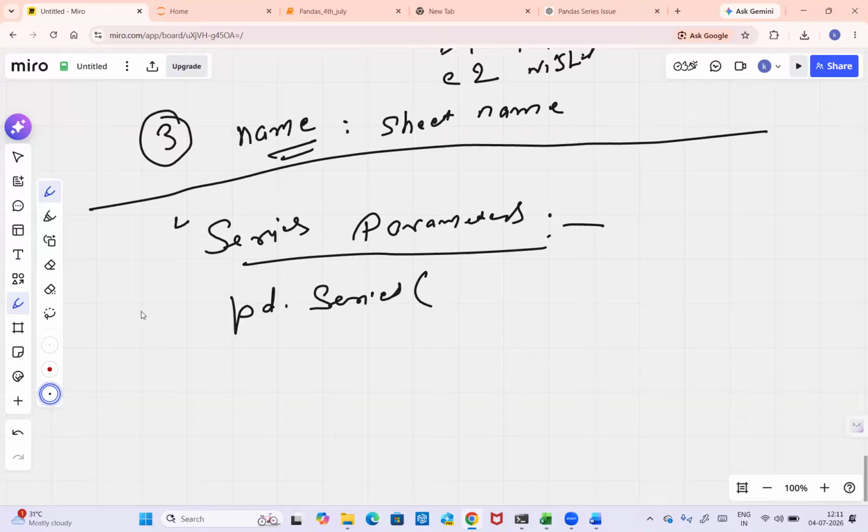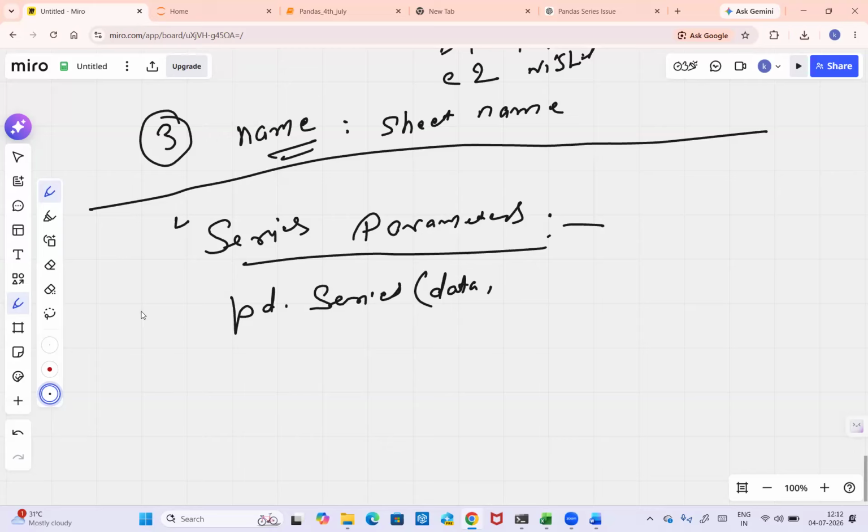So we saw a couple of examples already. So one will be name. Name we already saw. Not name. First will be data. Data is the main parameter. Data is a required parameter. Right? Okay. Means if you're passing list or something, right? Then